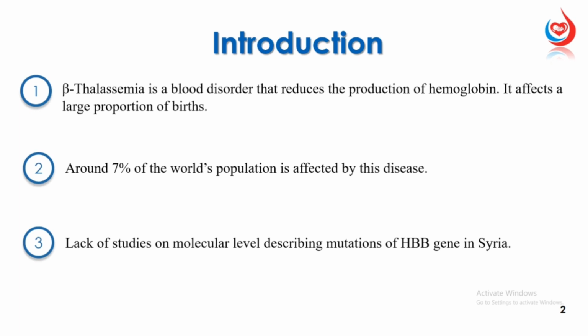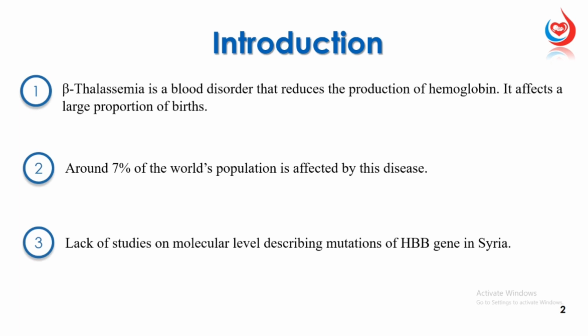Beta-thalassemia is a blood disorder that reduces the production of hemoglobin. It affects a large proportion of births. Beta-thalassemia is characterized by reduced or absent beta-globin chains in the HbA molecule. Around 7% of the world's population is affected by this disease, which is highly prevalent in tropical and subtropical regions,